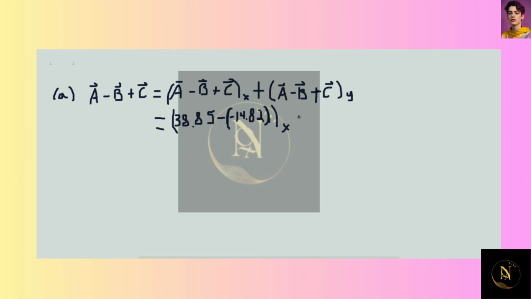Okay. And then we add the y component, doing this to the y component. So the y component of A was 20.66, minus the y component of B, which was 21.97, plus the y component of C, which was minus 31. Plus the negative is just minus, so we can write that as minus 31. And that's y. And if you go ahead and do those calculations, you will find that this comes out to be